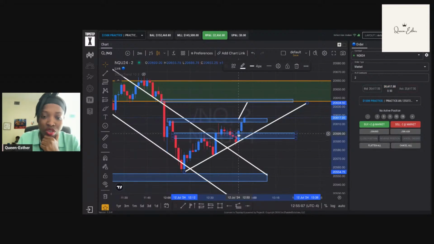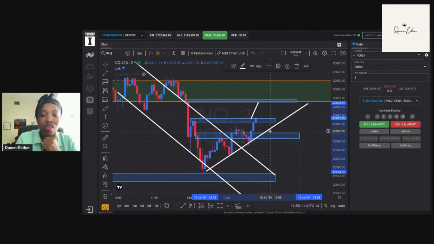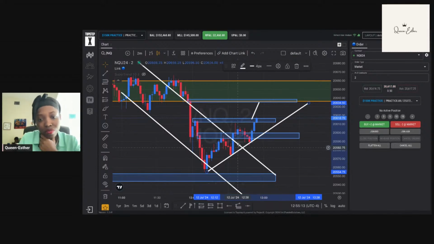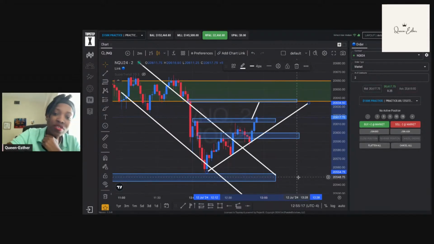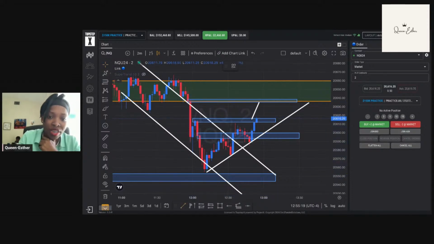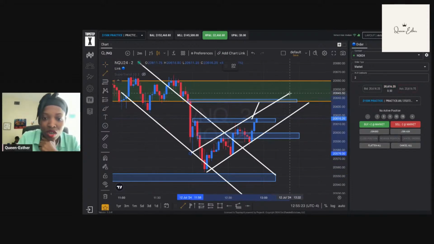A 1, 2, 3 engulfing just took place, but price is at this level. All right. Price can literally reverse now and break this pattern right here. Okay. But I'm going to give it some more time. Price can also